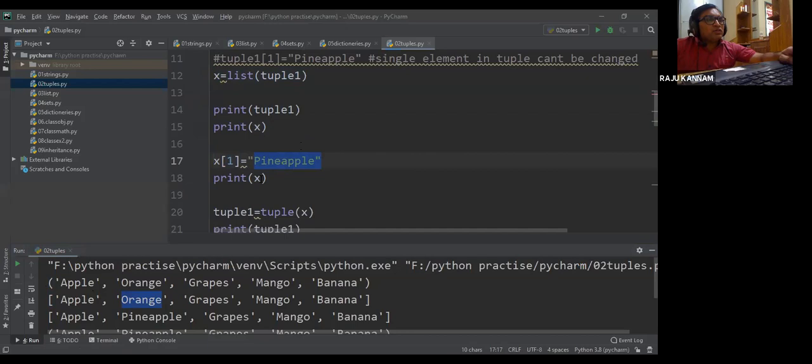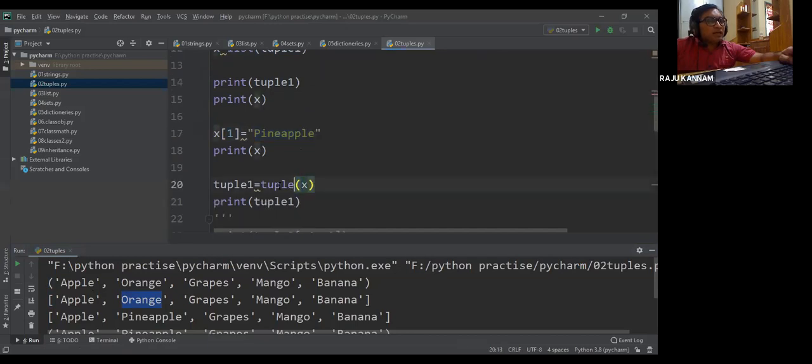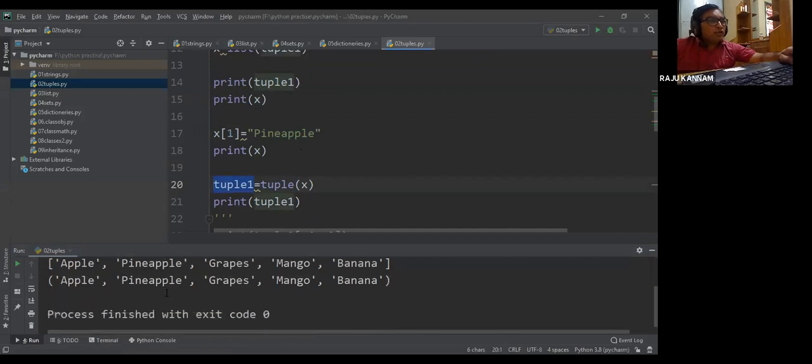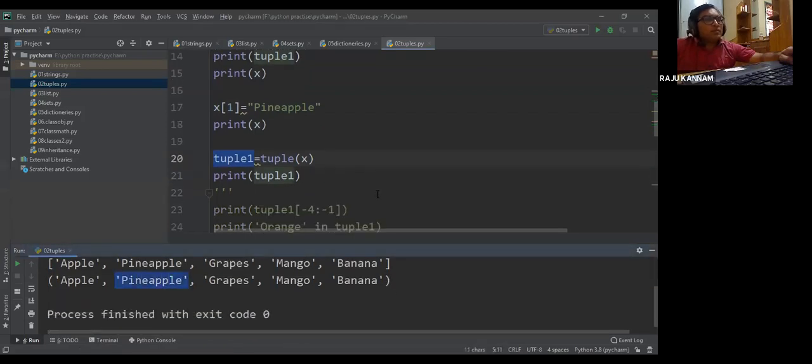Then that list I convert back into a tuple and store in tuple 1. Then you will get pineapple at index number 1 of the tuple. So this is the way. If you need to change an element in a tuple, you can follow this particular procedure.